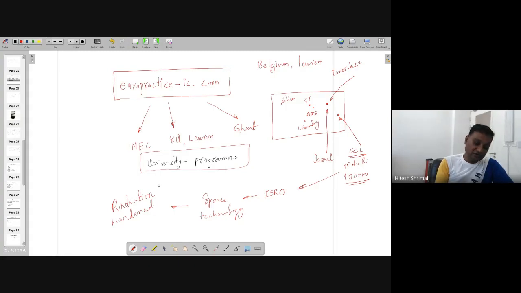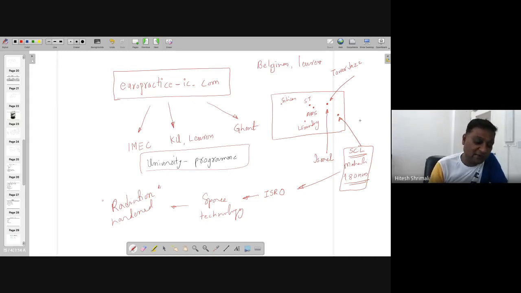So we are making that, and this is going for ISRO. So this is also the basic mission of SCL, that we have to make radiation hard circuits. So SCL is also helping us, but it's actually very expensive. But whenever there is some run schedule for them, we can also send our design. We can talk to them if they have some available area. We can send them, and for that we need to take a prior permission.